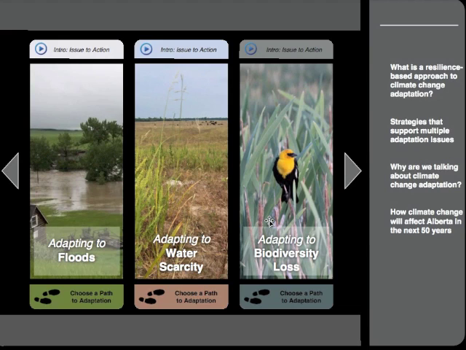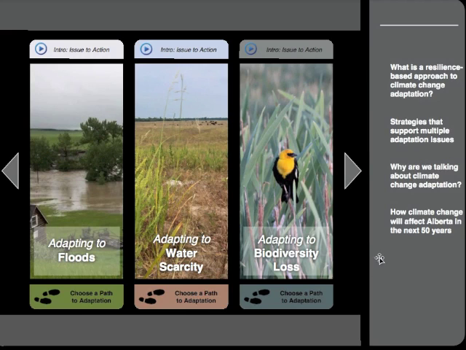For each narrative, information is provided on the implications associated with the concern, the causal environmental changes, and potential strategies. Today, we will be walking through a mock-up of adapting to water scarcity as an example. But before we do that, let's talk briefly about the sidebar. Here, we have additional resources to provide context for Adapt Action.